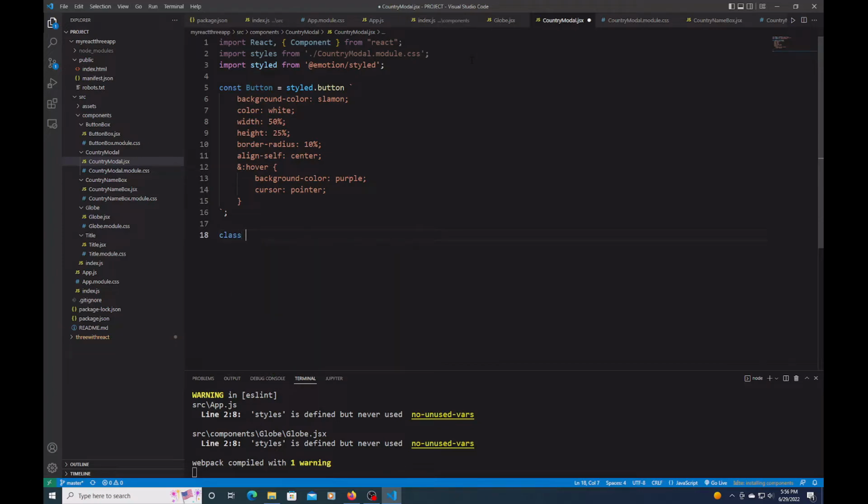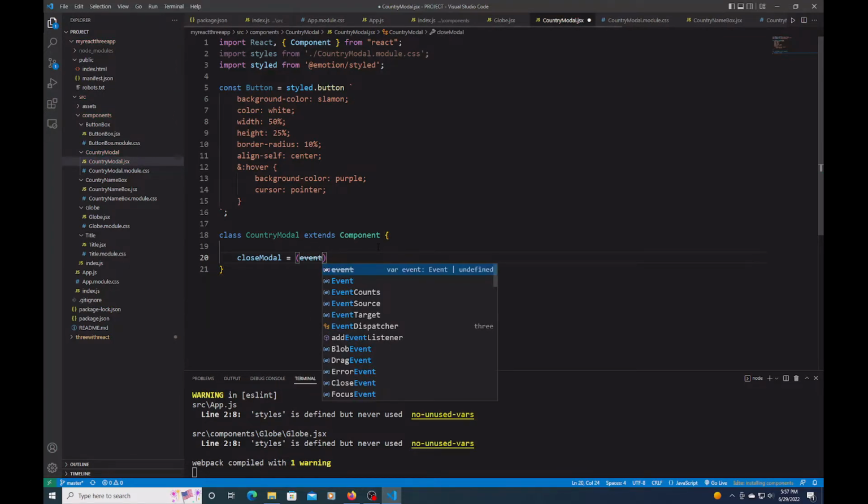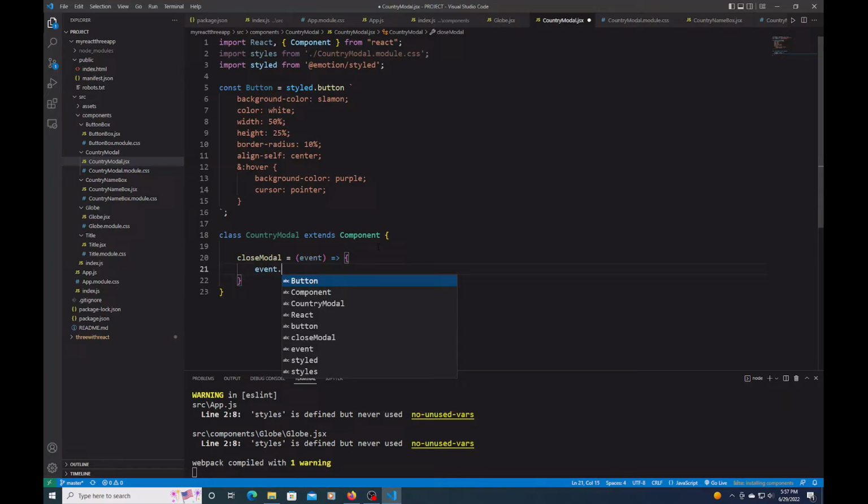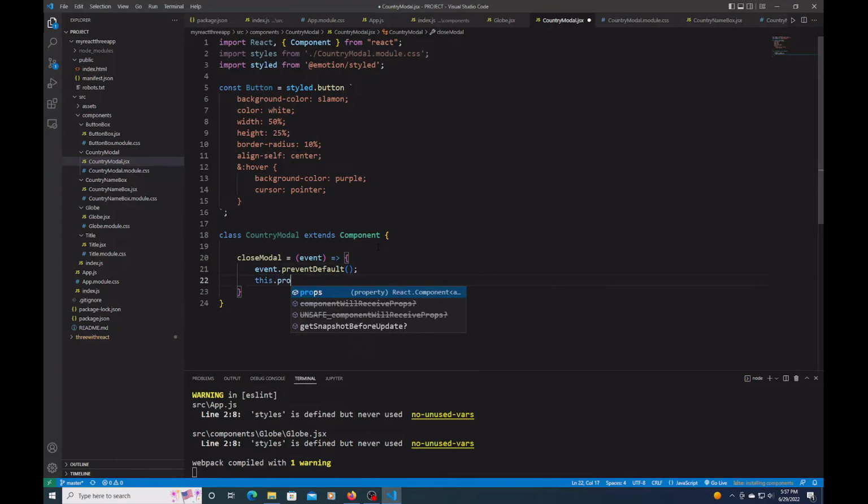Then I'm going to do a class country modal extends component for the button. So I'm going to have my modal up here, and if I want to close the box, I'm going to have a button that's going to close it. So I'm going to create a function called close modal is equal to event.preventDefault, this dot, and I'm going to pass in the modal active event. So then under here, I'm going to have my render,